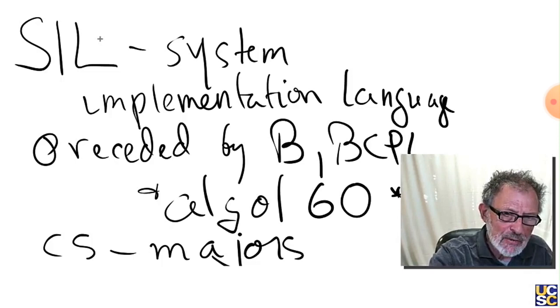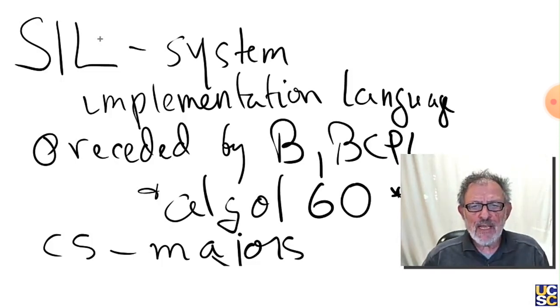C is sometimes referred to as a systems implementation language. And later, it got to be used as a general purpose language, but it was originally used to replace languages like B, its predecessor, and BCPL, which was B's predecessor, which were also being used to implement small operating systems. And they were also critically reliant on the design of ALGOL 60. ALGOL 60 was a language codified by an international group of computer scientists in 1960, right at the beginning of computer science.